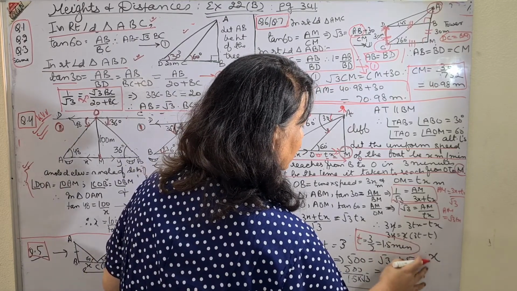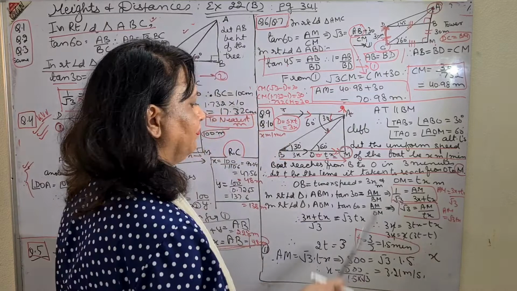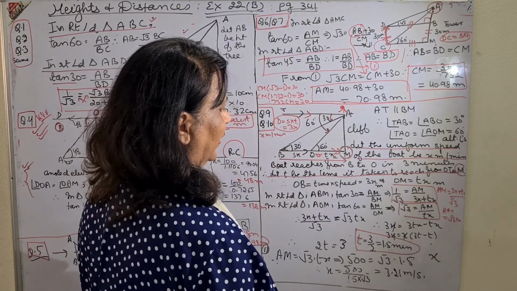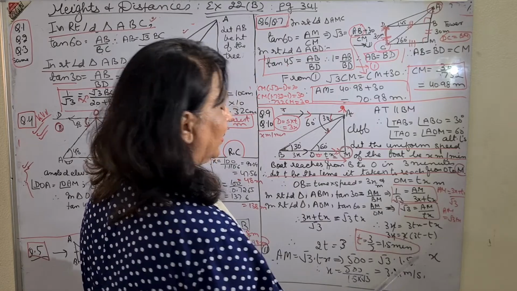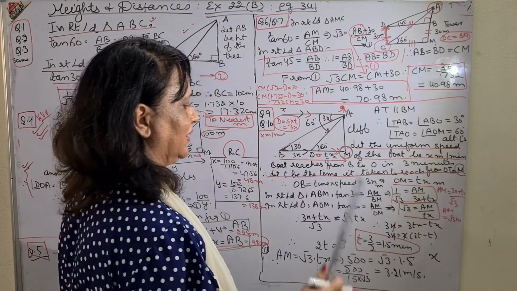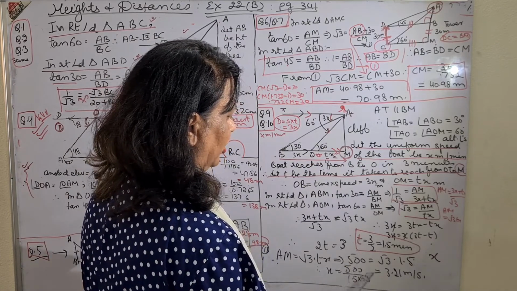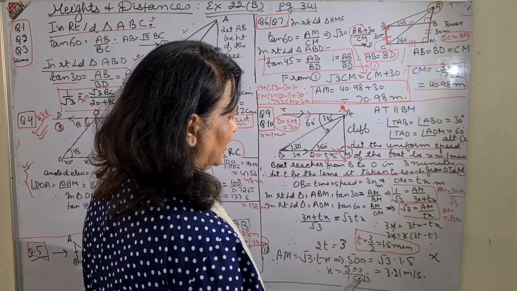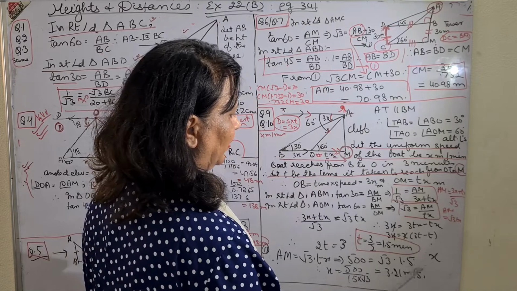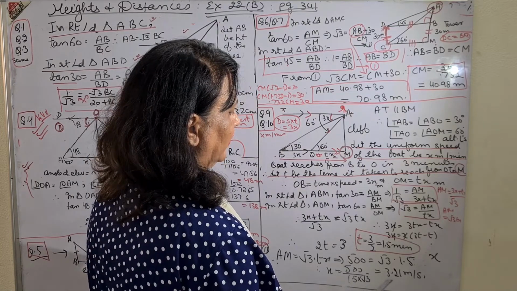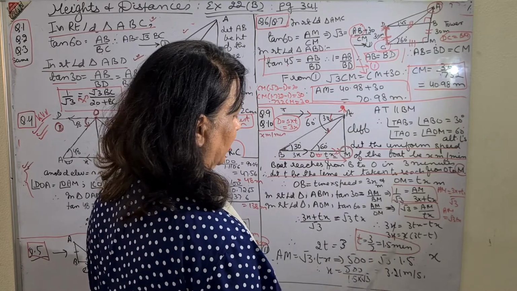Whatever, when you change the minutes into seconds, you know what to do, multiply by 60. If they had asked in minutes, then take 1.5 minutes. If they have asked in seconds, you multiply by 60 as they have asked in the question, and then that is your required answer, 500 upon. I have given the answers in minutes only. If they have asked you to find the answer in seconds, you know what to do. You have to multiply the denominator with 60, and that is your required answer.